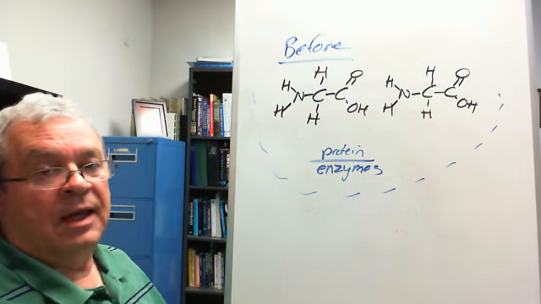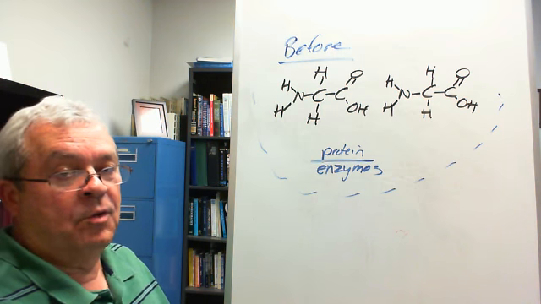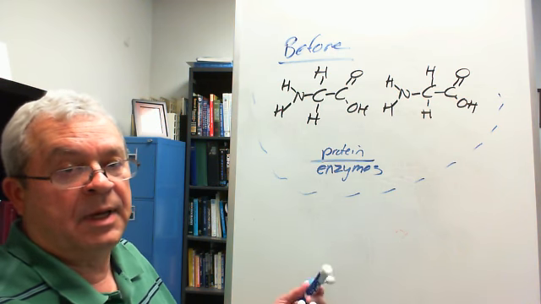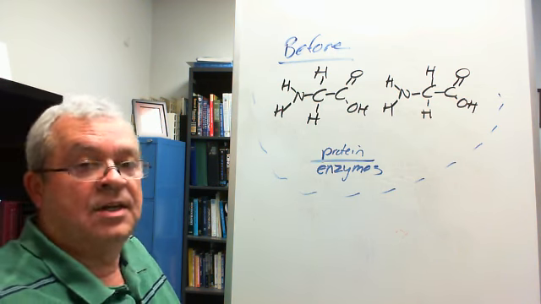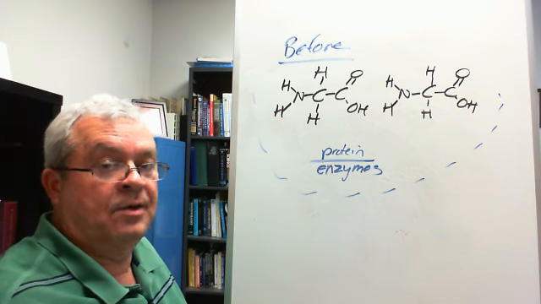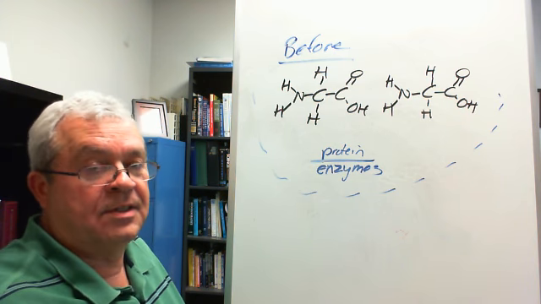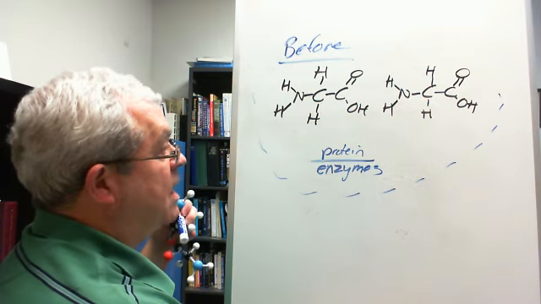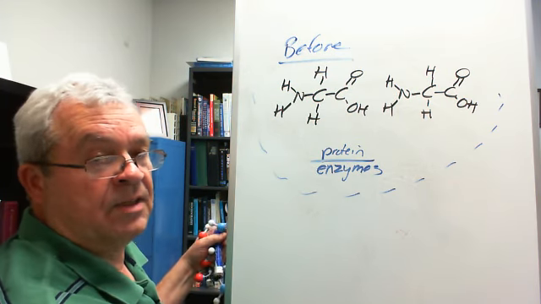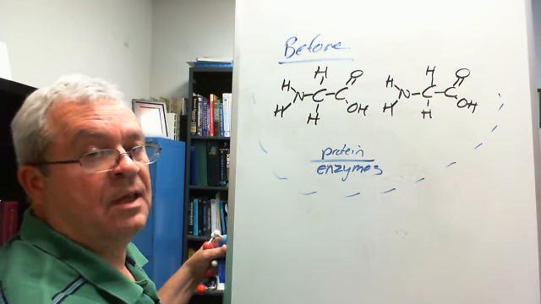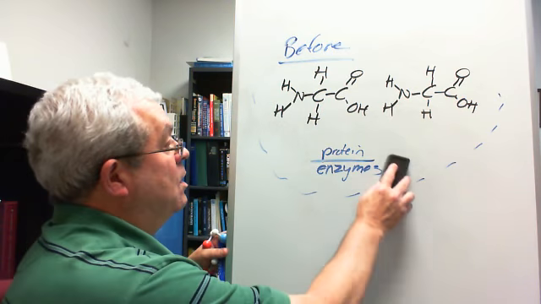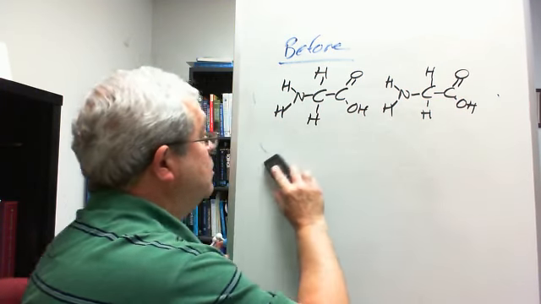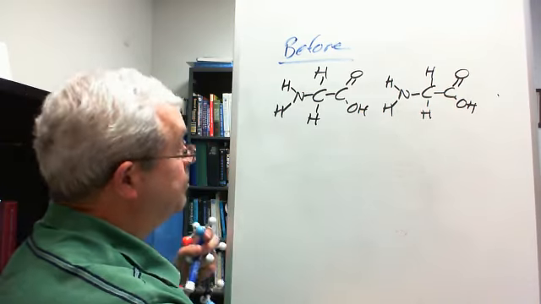And so enzymes have a whole lot more going for them than just digestion. We talked about digestive enzymes. Enzymes are the worker molecules on all the cell's assembly lines. Lots and lots and lots of different kinds of enzymes that are working on various places on the various assembly lines. Well, I'm going to erase that for right now. We'll talk more about enzymes here shortly. But